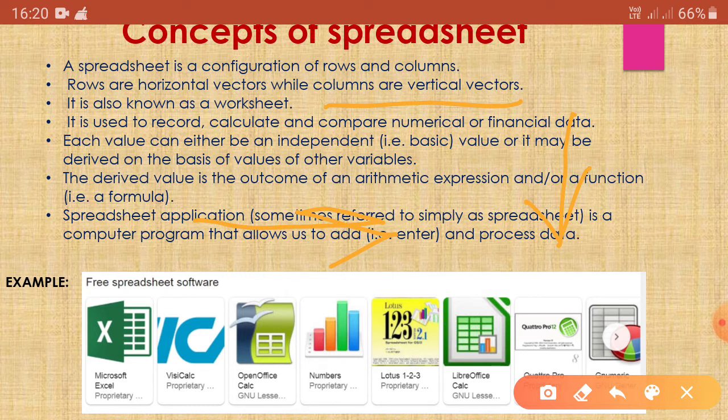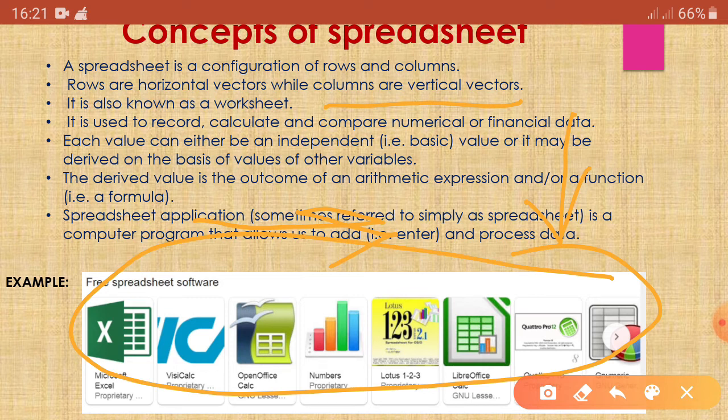So basically spreadsheet application is a computer program that allows us to add, that means enter, and process the data. Okay, so we can say that a spreadsheet is a collection of cells. Okay, so here the examples are below.